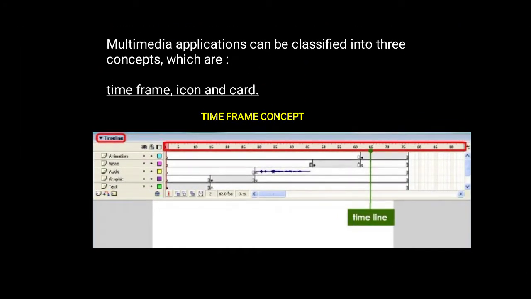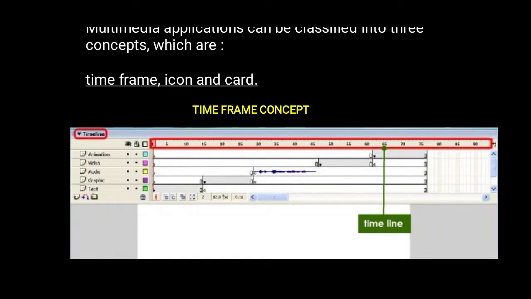Then multimedia applications can be classified into three concepts, which are time frame, icon and card.